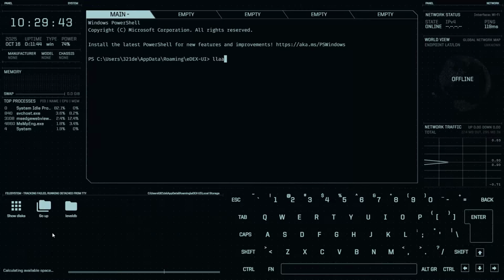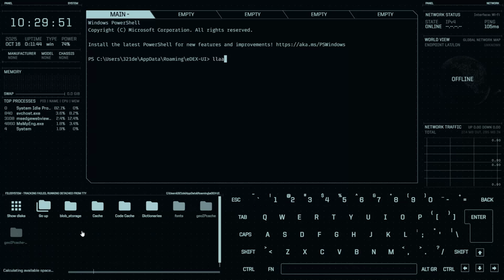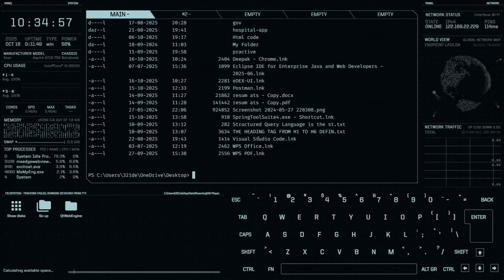And this comes with an amazing sound effect. I really like the sound it is producing when I am clicking on something. As you have seen, this is an amazing UI for someone who loves hacking, and you can use it